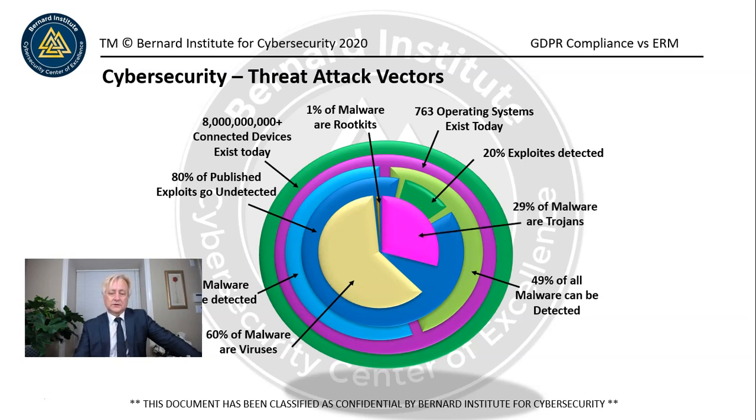29% are Trojans. Now, that's really important to understand because Trojans are how ransomware gets executed, for instance. So it often starts with a phishing scam. Someone gets an email, there's a link on it, they click on the link, next thing you know, they're downloading the Trojan. So once the threat gets the Trojan loaded onto your system, then they can go to work on the ransomware part of it. So 29% of malware are Trojans.